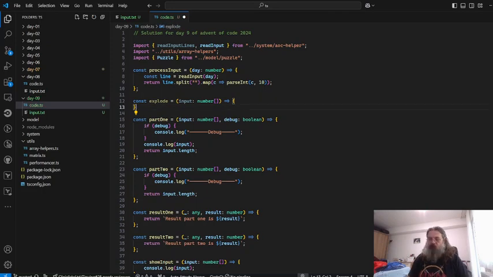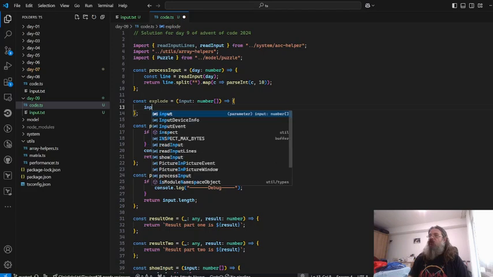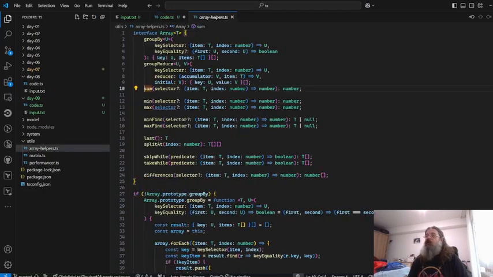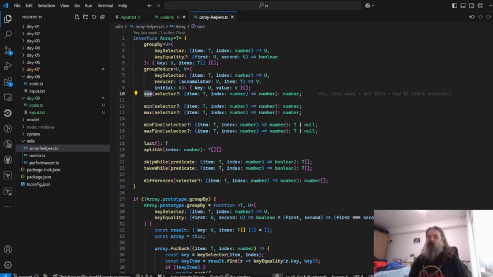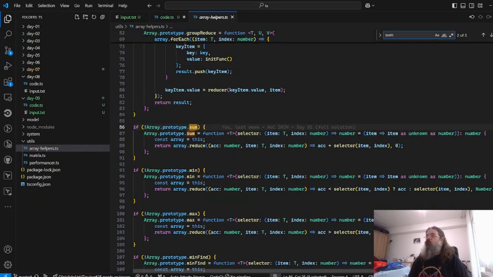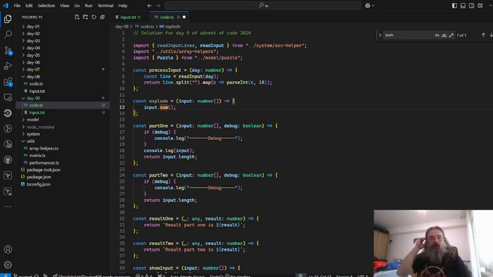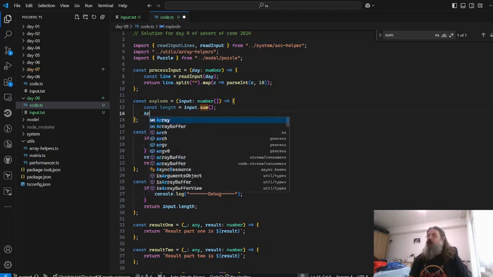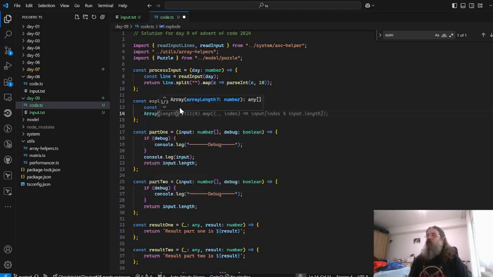So first of all, I will need to find the length of this. So we're gonna do input dot. Do I have a sum method? Yeah, I do. This is my own method, and I will use some of them. It's just a simple reduce, but it's easier to write the sum instead of doing the reduce all the time. So I will create an array of that size, of length. I'm gonna fill it with zeros, and then we have our